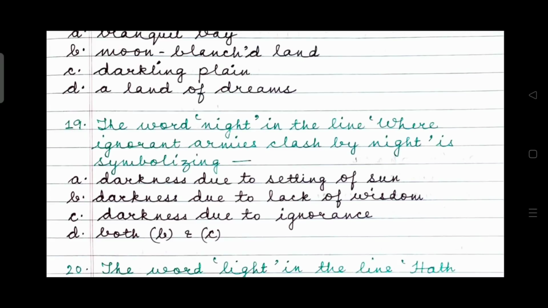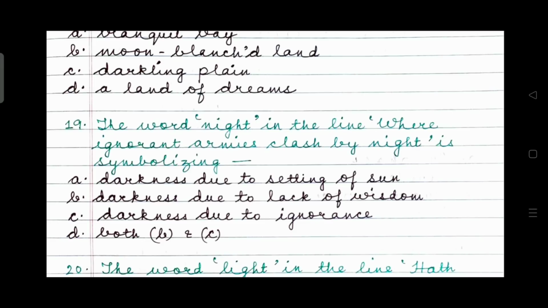Question 19. The word night in the line, where ignorant armies clash by night, is symbolizing darkness due to setting of sun, darkness due to lack of wisdom, darkness due to ignorance, both B and C. The right answer is option D, both B and C, darkness due to lack of wisdom and darkness due to